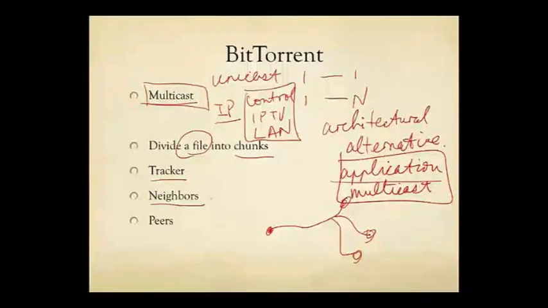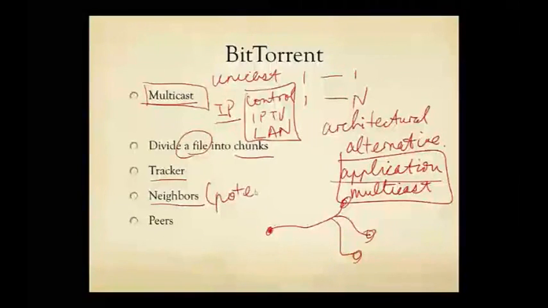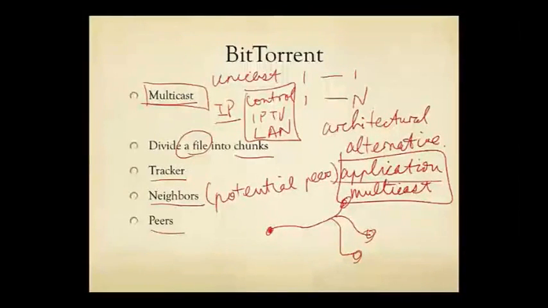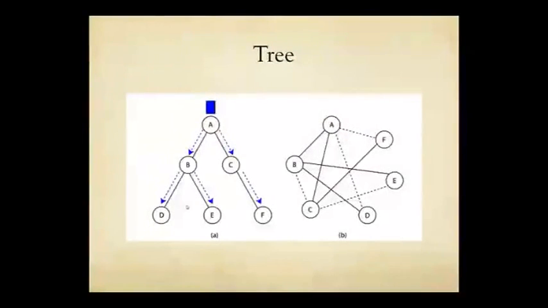These are the potential peers that can share content with you. Potential peers. And then you have to pick a subset of these neighbors as the actual peers. We're coming to describing very smart ideas behind BitTorrent in doing that. So each chunk in this multicast process follows some kind of tree.